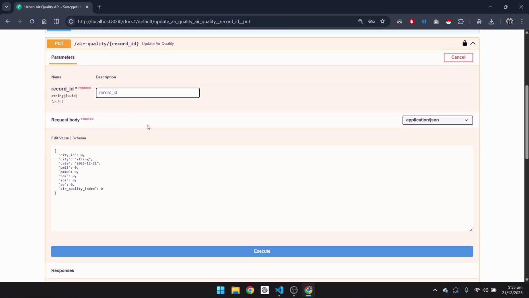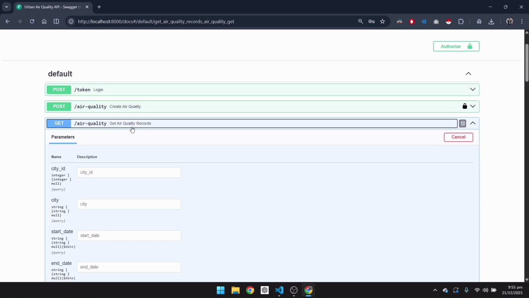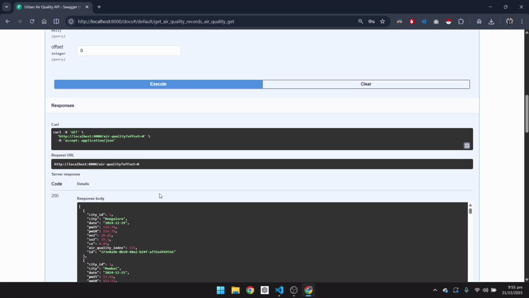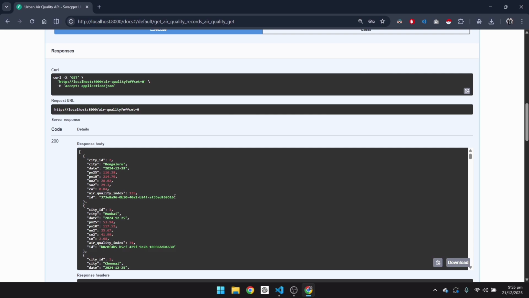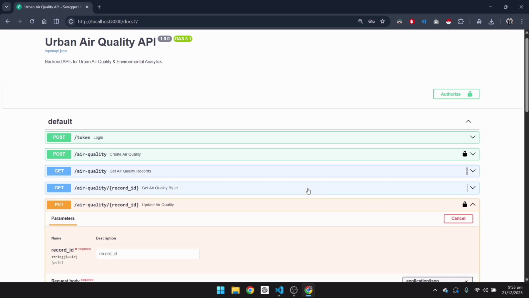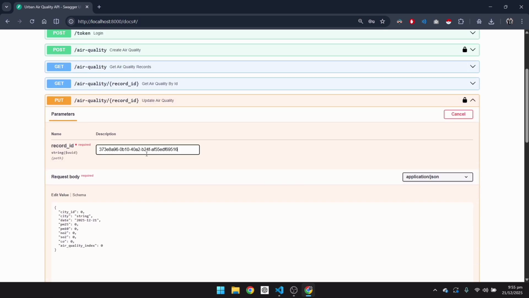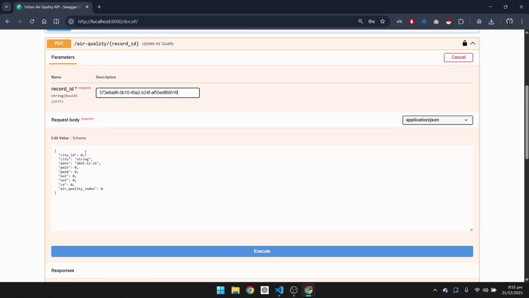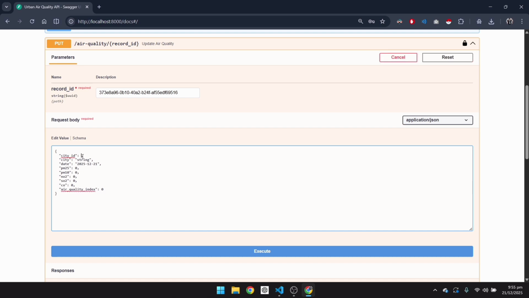I'll put in some record ID from the records themselves. Let's take this one for Bangalore. Let's say 9, and then